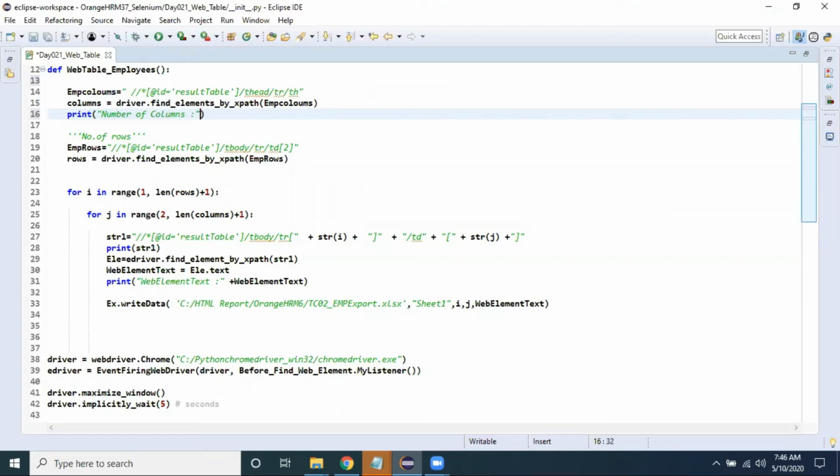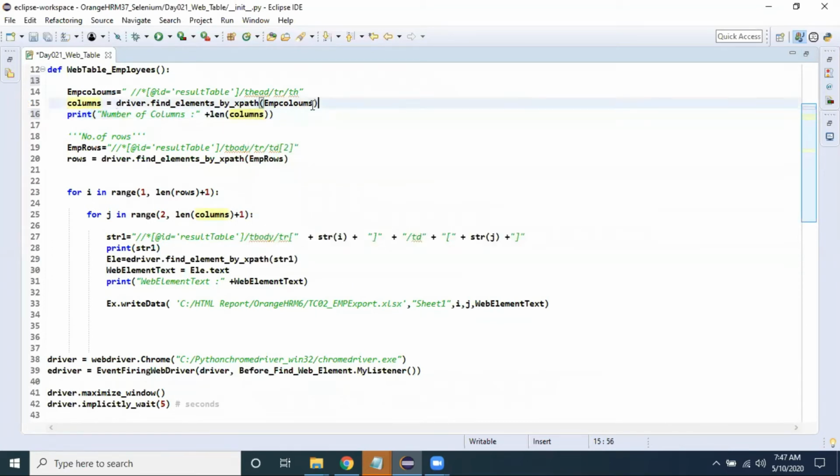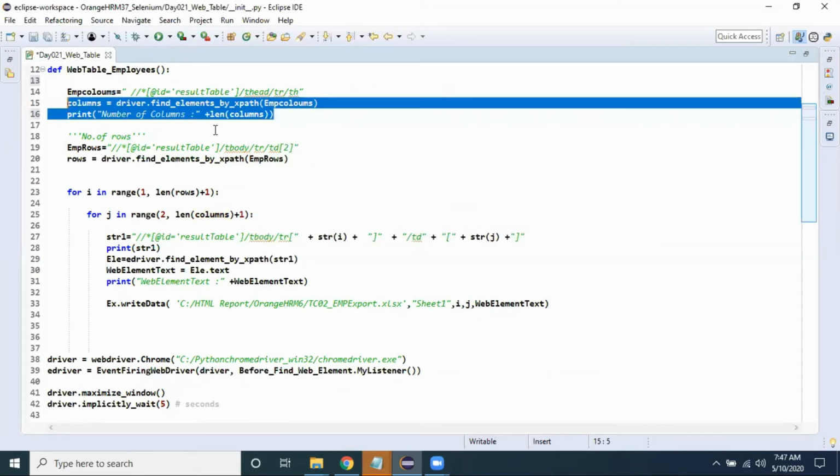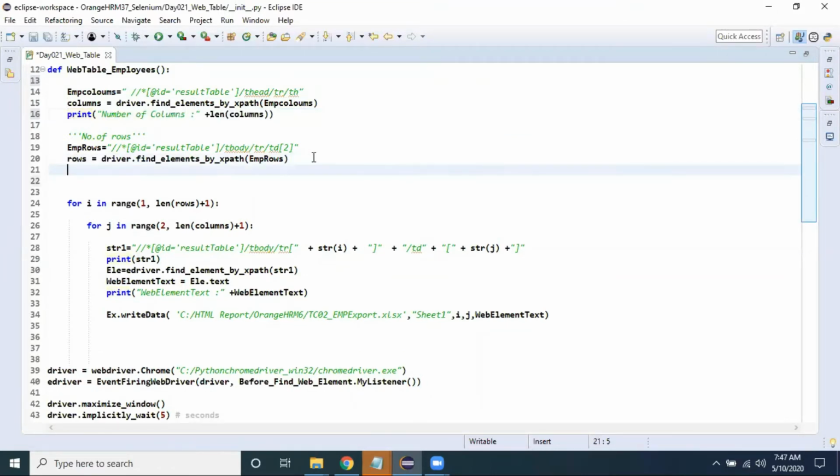This is some complex logic. We just need to understand the number of rows.